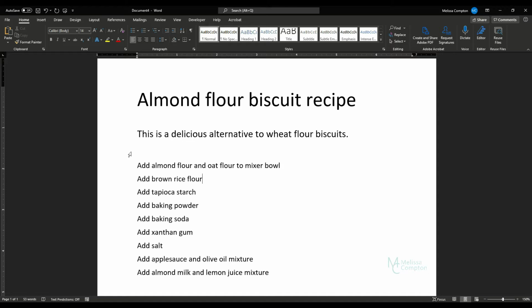So today I'm in Word, and I'm going to show you how to work with bulleted and numbered lists. Now I'm going to show you some basic functionality of the bulleted and numbered list, but then I'm going to get into a little bit more advanced formatting to where you can make these your own in your own style. So what I have here is an almond flour biscuit recipe, and I'm going to make this